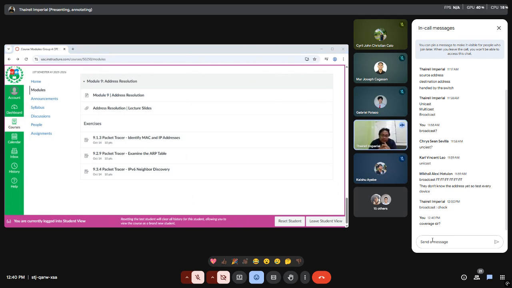Okay? According to the memo, face-to-face activities are allowed, and the examination will be conducted here because we are a laboratory class, not a lecture. So laboratories are allowed to have face-to-face meetings. So I would recommend that the midterm assessment will be conducted face-to-face.